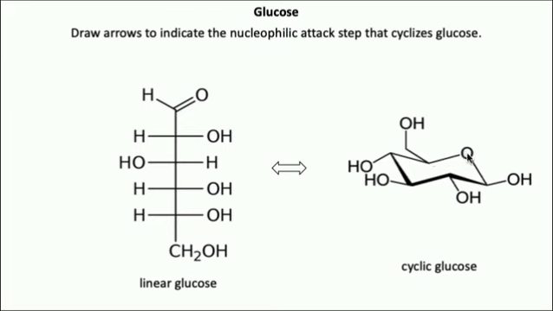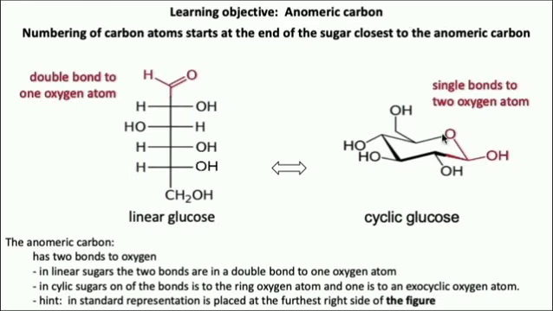So we know it'll be next to the ring oxygen. We can look at the carbon adjacent to the left, and we can look at the carbon adjacent to the right. The carbon atom on the left is bonded to the ring oxygen, then it's bonded to a carbon atom here, a carbon atom here, a hydrogen below it, only one bond to an oxygen atom. Go to the carbon atom on the right, go straight to an oxygen atom. The anomeric carbon is linked to the ring oxygen and to an exocyclic oxygen atom,